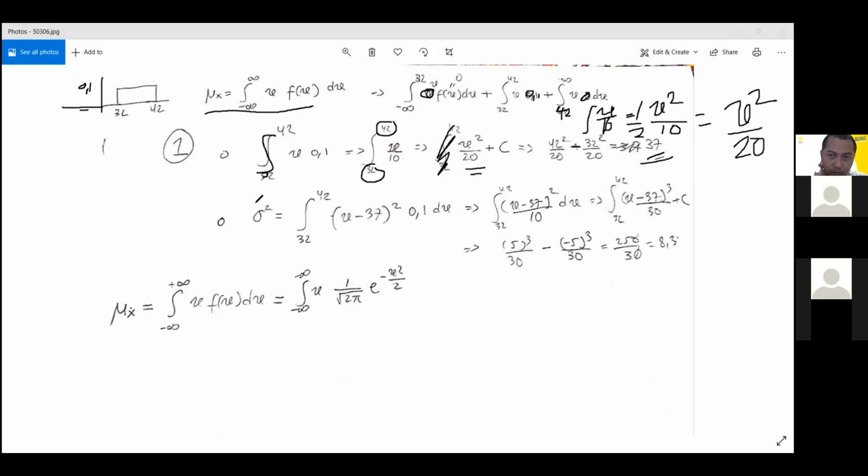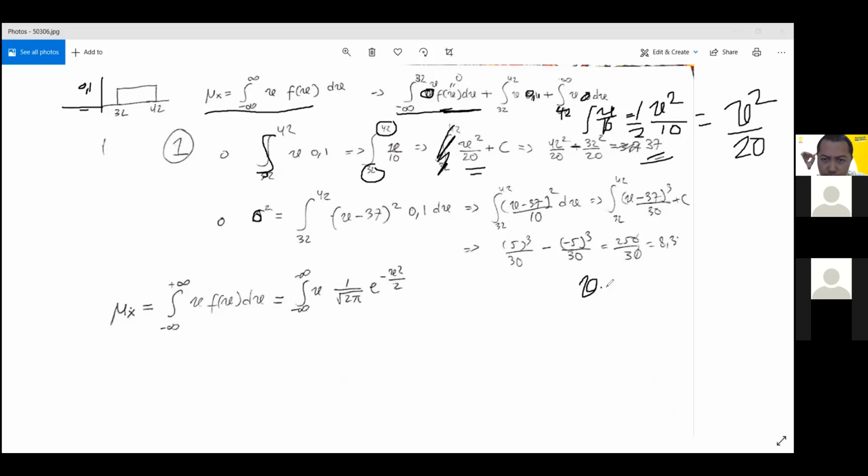Okay, sir, is it correct? Oh yes, correct. Yes, 37. Okay. And for the variance, I use the same approach, but this time I skip getting it from this equation. I instantly go to the integral from 32 to 42 and put the x and the f(x),